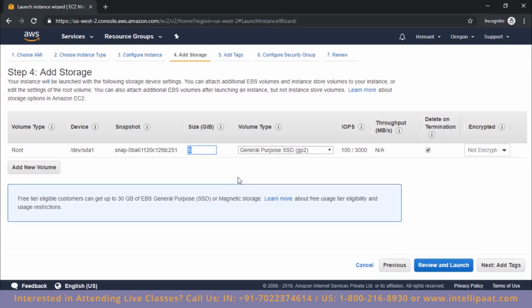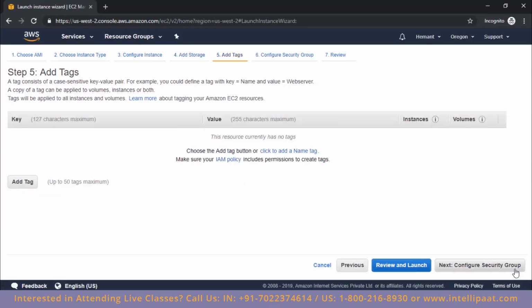If you want, you can change this, right? Then click on next. You can add tags over here. What are tags? Tags are nothing but metadata to your instance, right? Like for example, I can say the name. I can add a tag that the name of the instance is something, then the department to which this instance